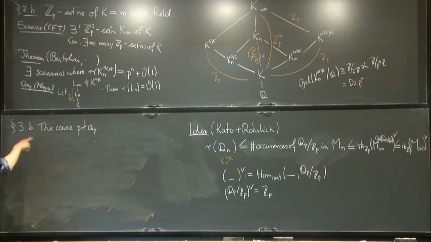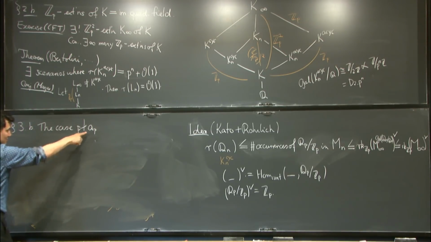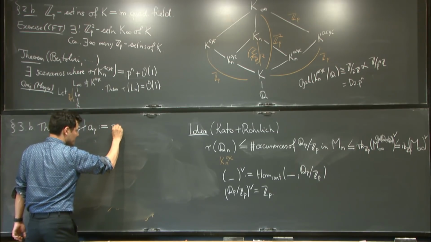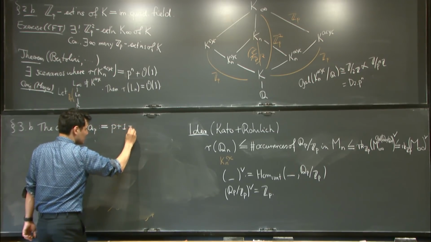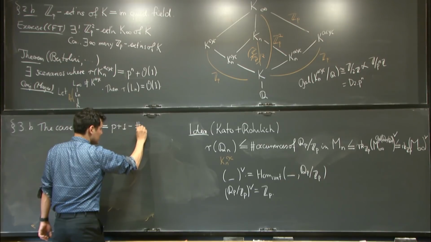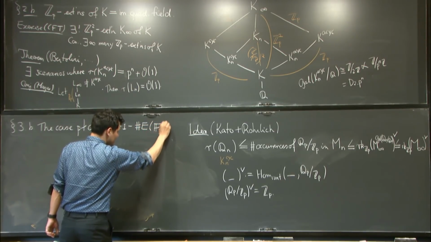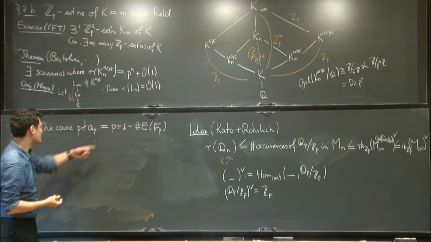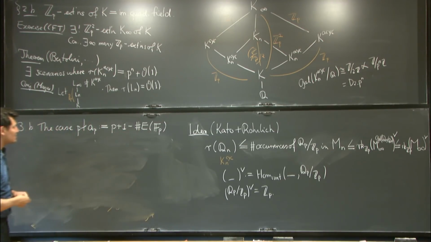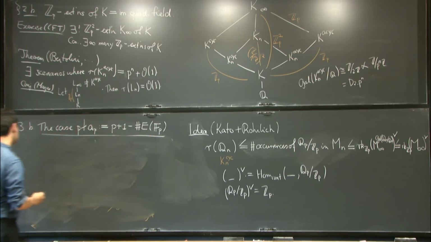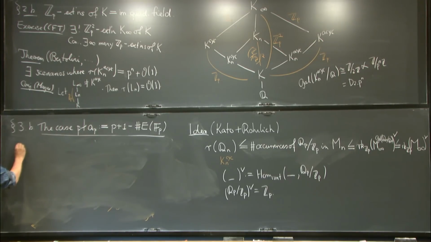So in this paragraph, let's assume that P does not divide AP. AP is the difference of the number of FP rational points of the elliptic curve with the number of rational points you would expect on average. So P plus 1 minus the number of E, FP. So in this case,